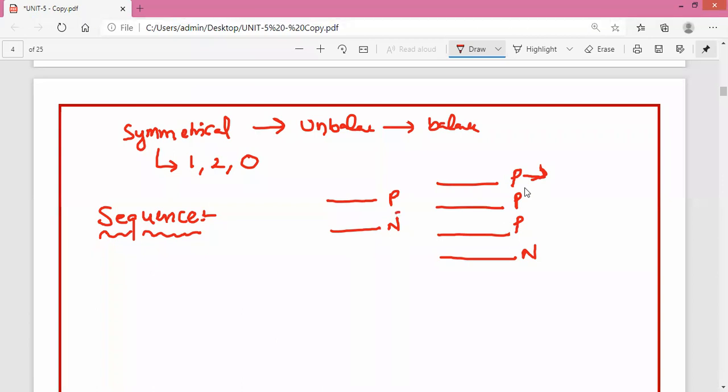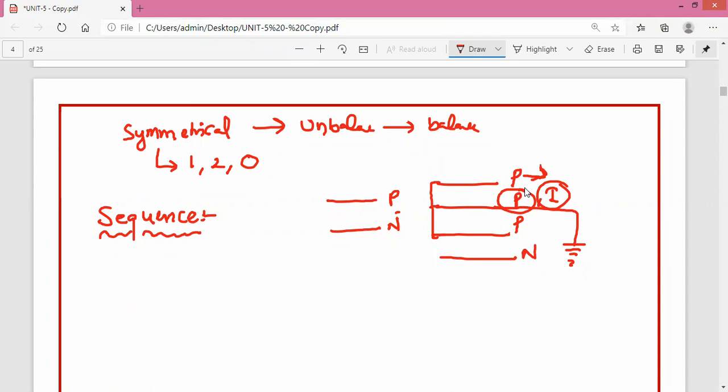Why? For example, there is a fault existing in the power system. Any one of the phases has been shorted. Then the phase voltage and phase current of this particular phase will be varied. So if you are just saying phase, then which phase is going to be affected, and where does the protection have to be given? For that reason, you have to represent these phases with respect to a sequence. Okay, sir, then where will we get the sequence?